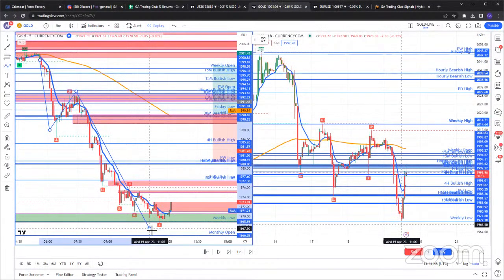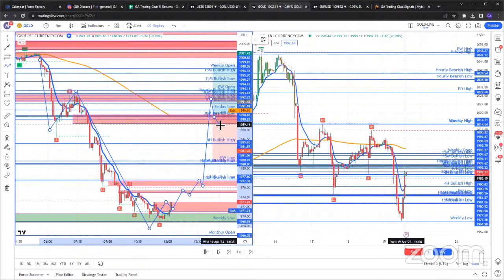So what would I be looking at here? I would have entered into a buy here, which is the one I called for you guys. Maybe expected some retracement around these supply zones. But if I'm going to complete this 5-minute structure, where's the first target for gold? Right here, ideally where gold currently is. And then wait for a retracement. That's why I'm telling you guys, watch out for 1989,